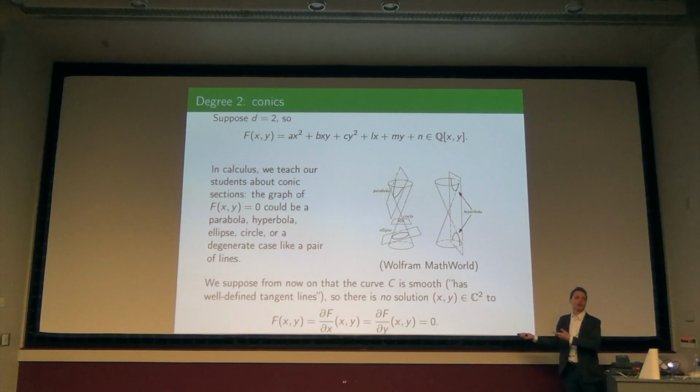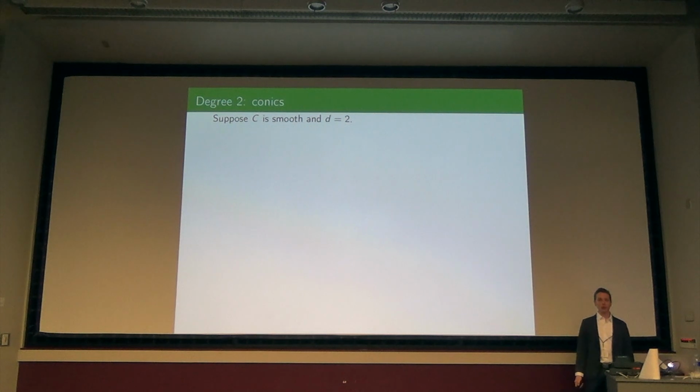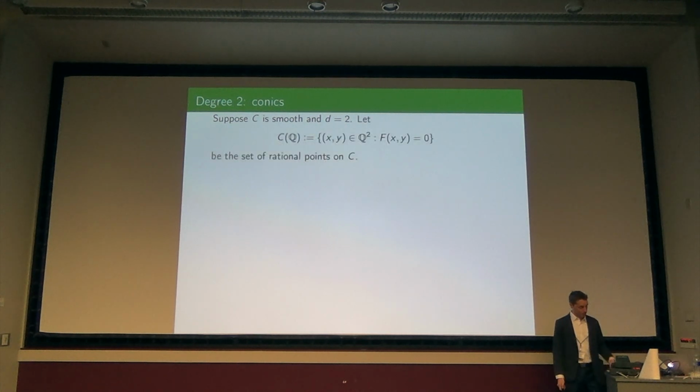Sometimes they show up in nature like this, and you have to figure out how to address the singularities or the places where the curve crosses. But that's not the interesting thing for what we're going to study today. Okay, so from now on, let's look at smooth curves. So we don't have something like a curve crossing itself or with cusps or something like that. Okay? So let's look at smooth curves of degree 2.